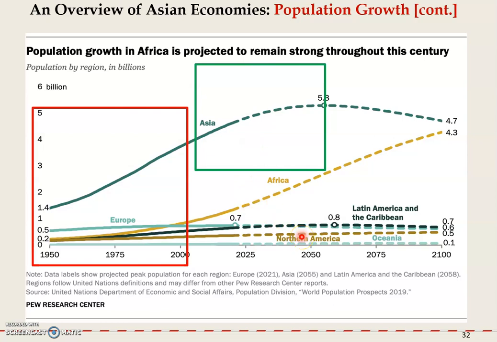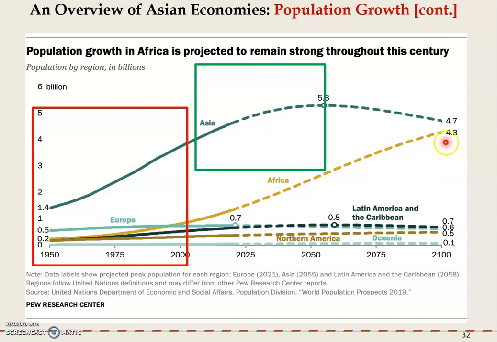Another interesting observation we could make on this chart is Africa, right? You find that, back in the 1950s, Africa's population is less than Europe's. Okay, it's very small, but in the past few decades, its population already took off. Okay, and it will continue doing that, holding that upward trend between now and the year 2100.